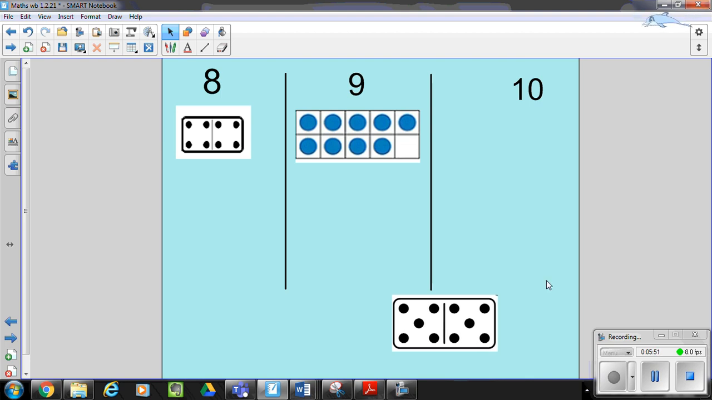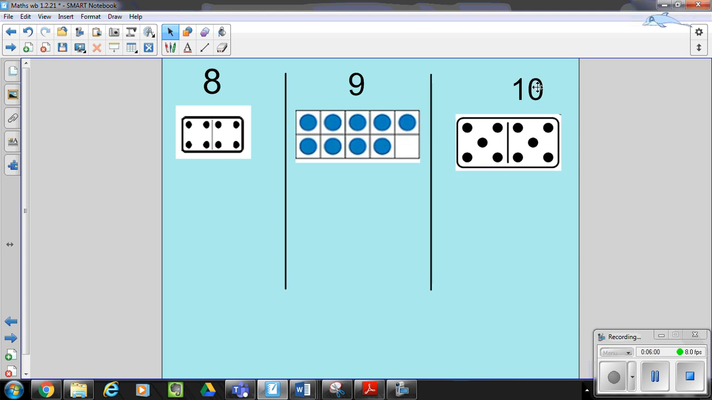What can we see here? Also, we just looked at this image. We've got 5 and a 5. 5 and 5 is 10. So I've sorted those for you, and your challenge now is you're going to sort the rest on the activity